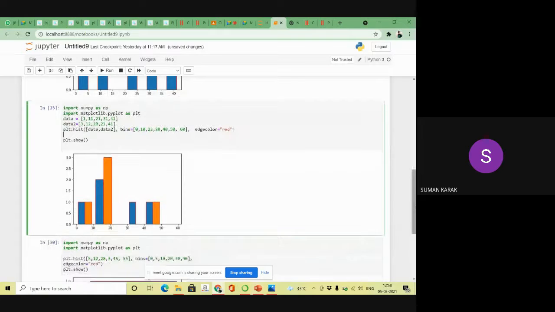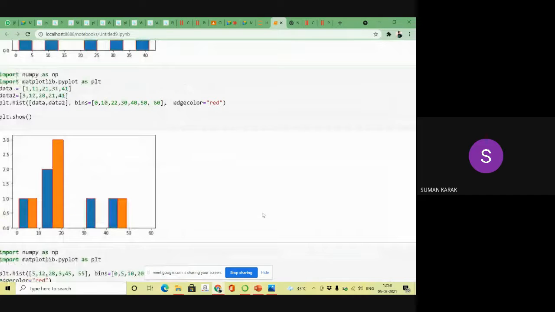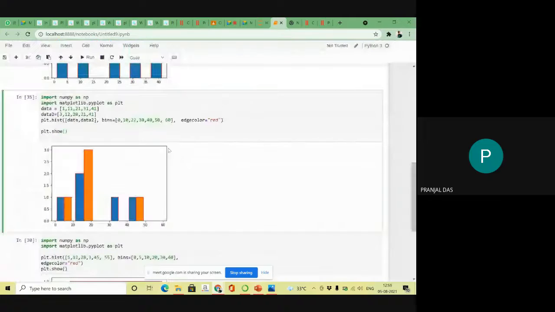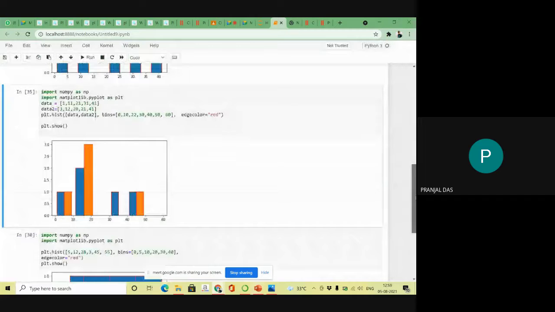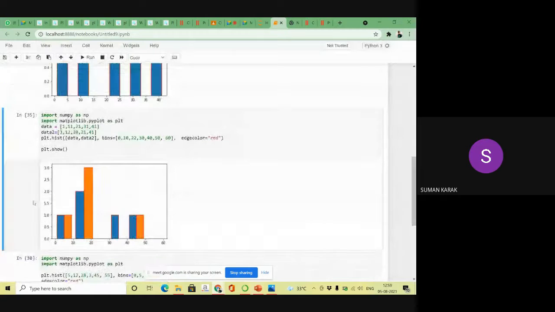Okay, you can see this chart, right? Now this one is the x label and this one is the y label, right? Now if you provide the name of the x label and y label, then which function do you use?